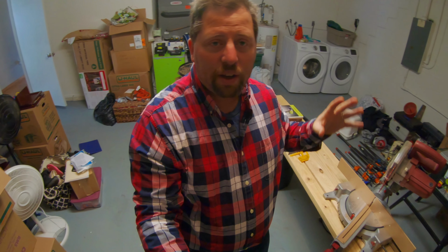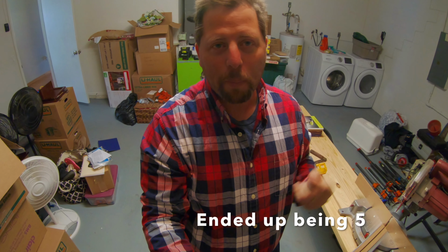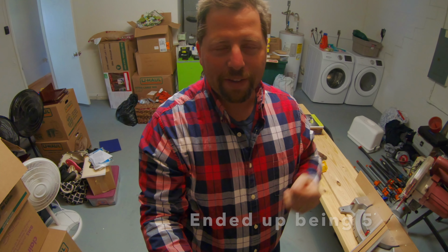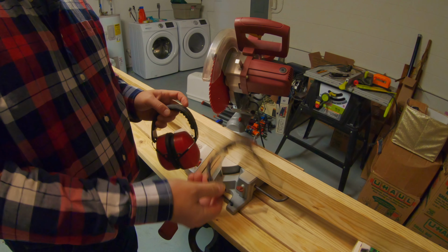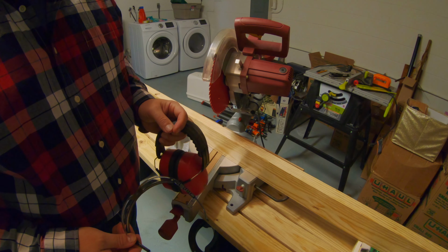Now that the saw is set up, we're ready to make some cuts. If I've calculated this properly, you're going to need 6 2x4s, 8 feet long, to make 2 sawhorses, because you really can't do anything with 1 sawhorse. If I didn't calculate this properly, then you'll see a little note here telling you the appropriate number of boards, but let's get started. All right, so with eye protection and hearing protection on, we're gonna make our first cut